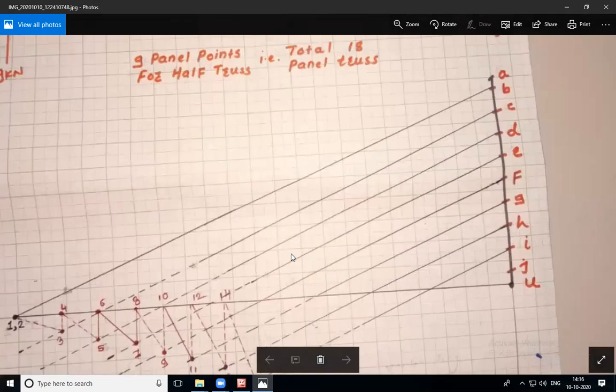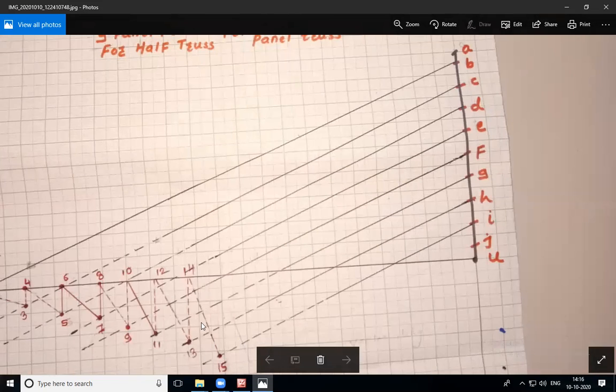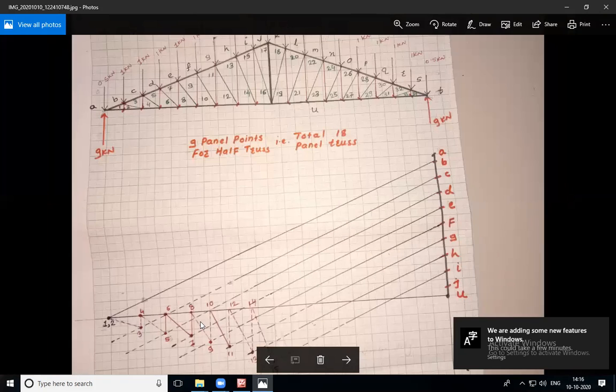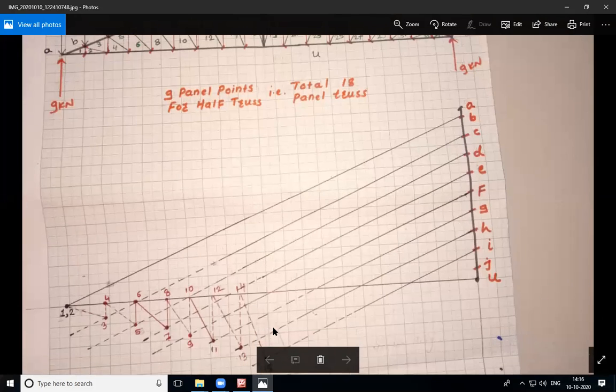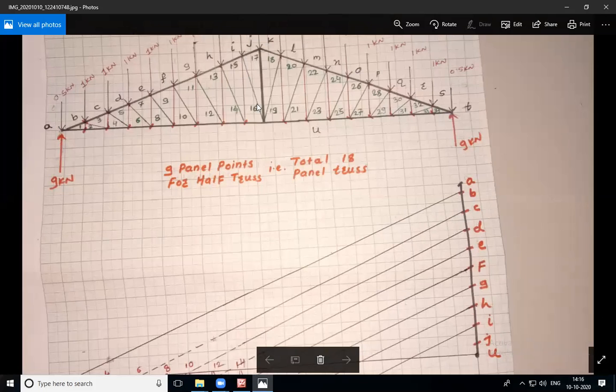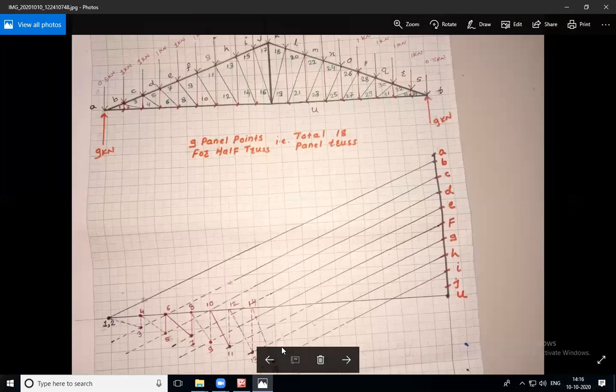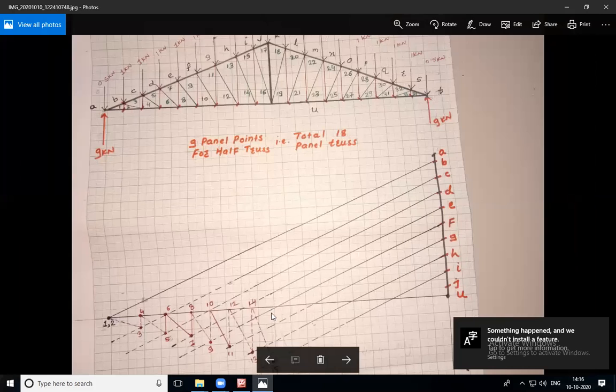I-15, and we have the location of 15. Okay, so now here inclined line 14, 15. So draw one line parallel to this 14, 15, and you will get the location of 15. Okay, then once you get the location of 15, 15, 16 is a vertical line. So draw one line which is vertical and reach up to you.